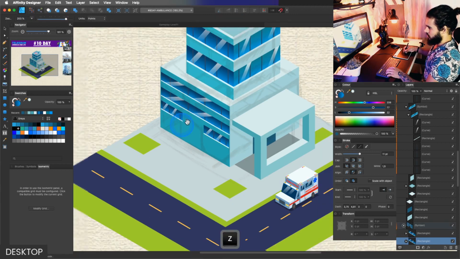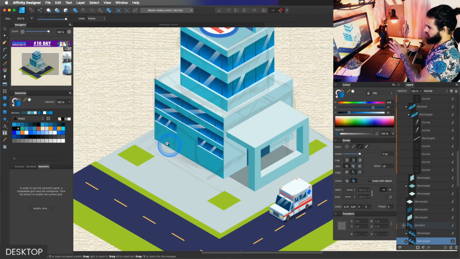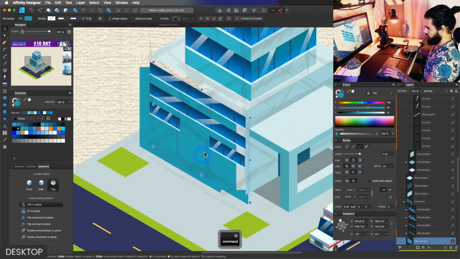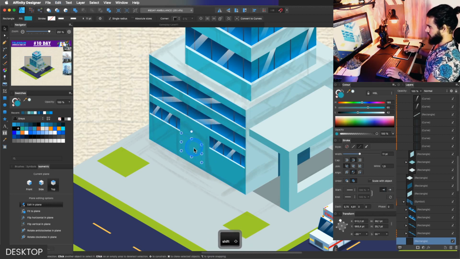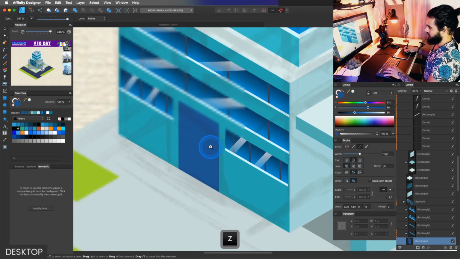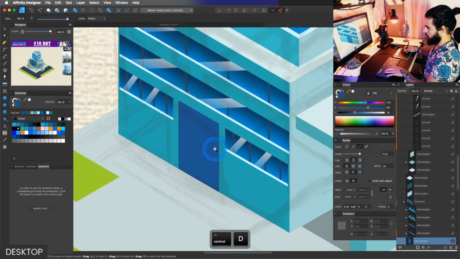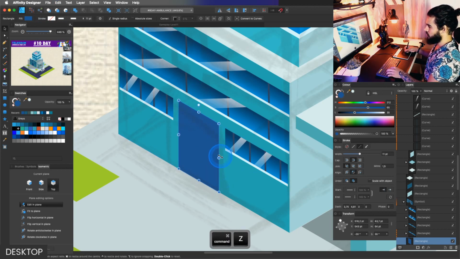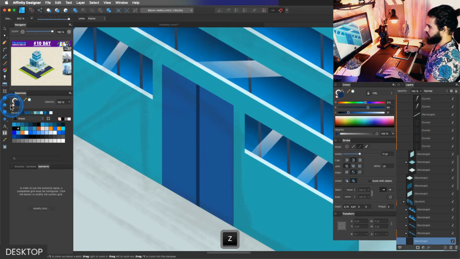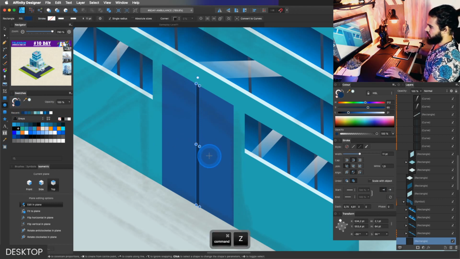This is the emergency, and this is the other side. Duplicate this shape, resize this, and place it here. And you're gonna have this door, and of course I'm going to duplicate this door and resize it until here to make the division of the door. Okay, and we're gonna create the